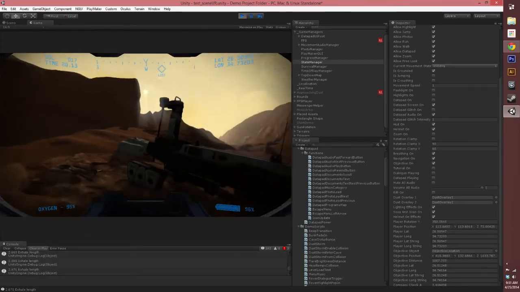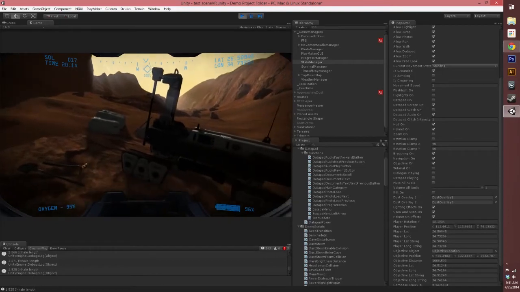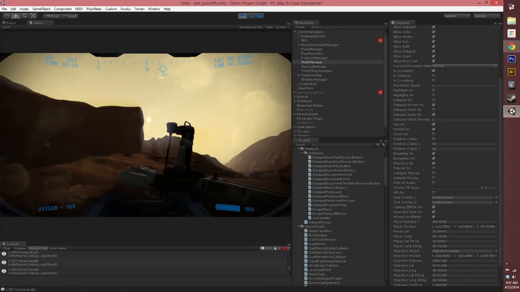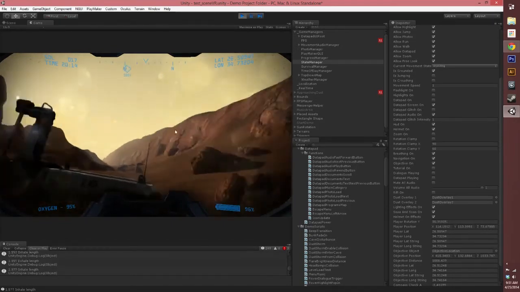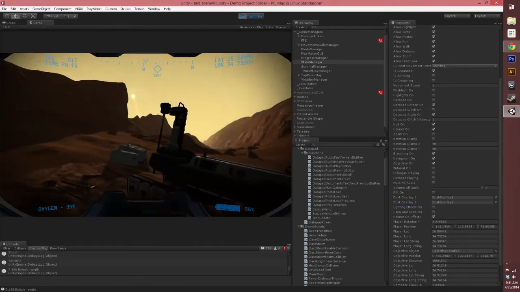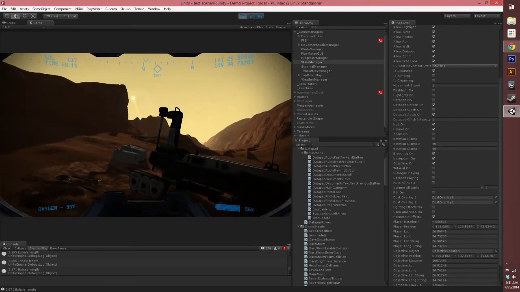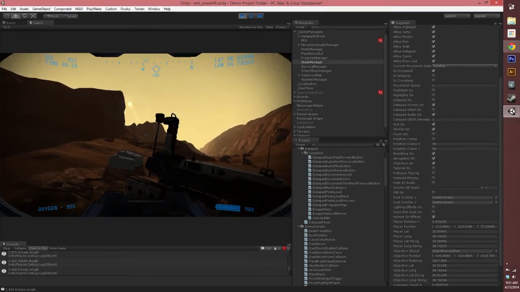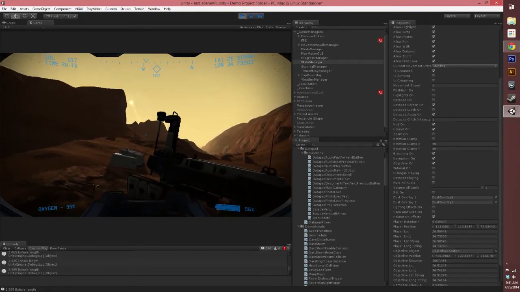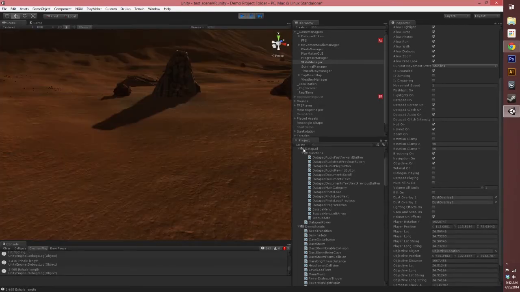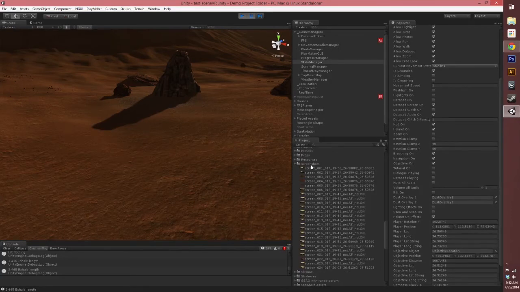So when taking photos, one of the things we mentioned in our last blog post is that it doesn't matter what resolution or how you're playing the game, your photos are going to turn out really, really nice. So for example, if I turn off all of our effects, so we've got all of our lighting effects turned off, this is just more for if you can't run those post-processing effects and your computer's too slow, you might have to run it like this without those effects on. But if you take a photo and if we pause the game here and go to our screenshots folder,